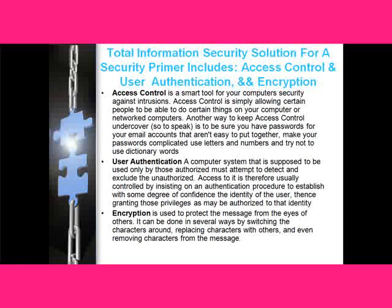A total information security solution for a security primer would include access control, which is just a way to keep your computer secure against intrusions; user authentication, which is a way to make sure that you're the only one on your computer and that no one else is able to get into it; and then encryption, which is used to protect the message from the eyes of others. It can be done in several ways, by switching the characters around, replacing characters with others, and even removing